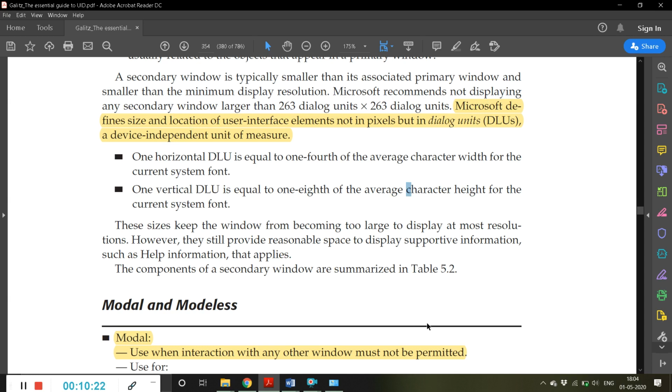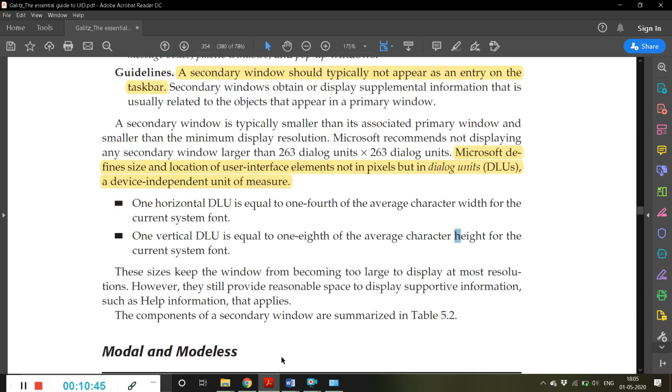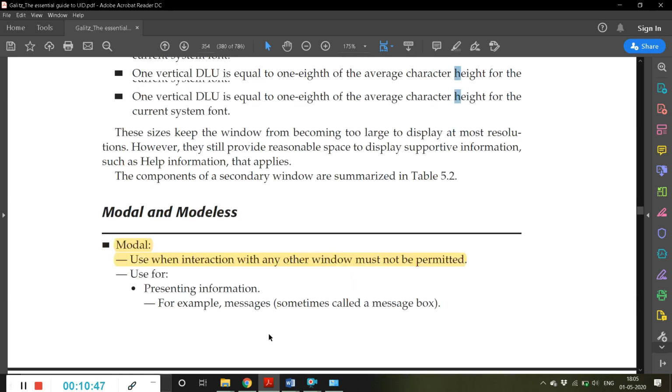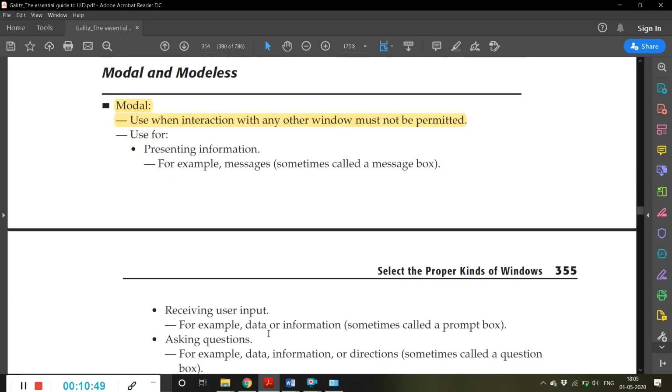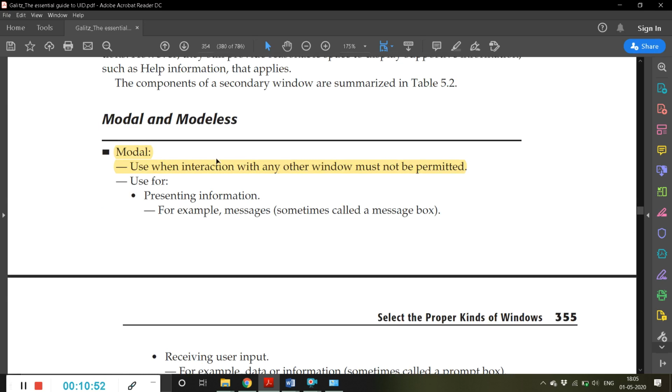Then one vertical DLU is equal to 1/8 of the average character height for the current system font. So from here to here, 1/8 of this height. This is basically about dialog units. I hope it is clear. In the next class we will start with modal and modeless. Thank you.